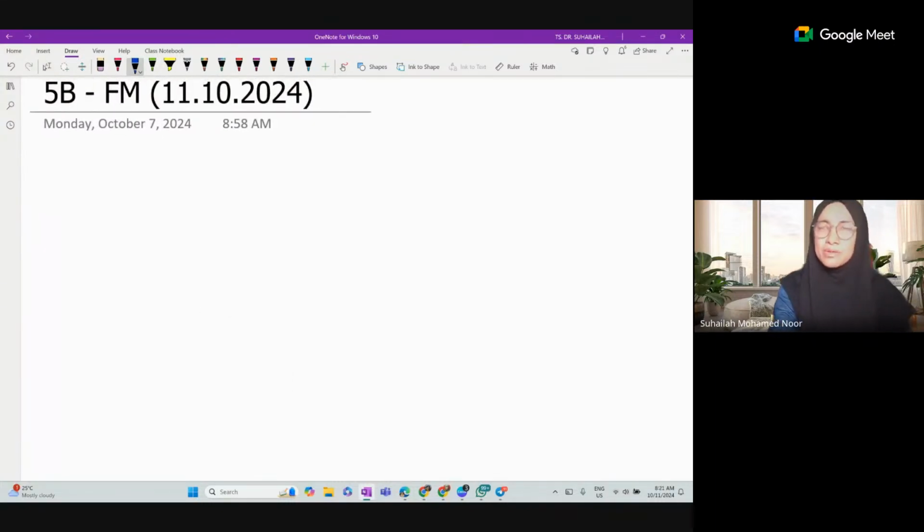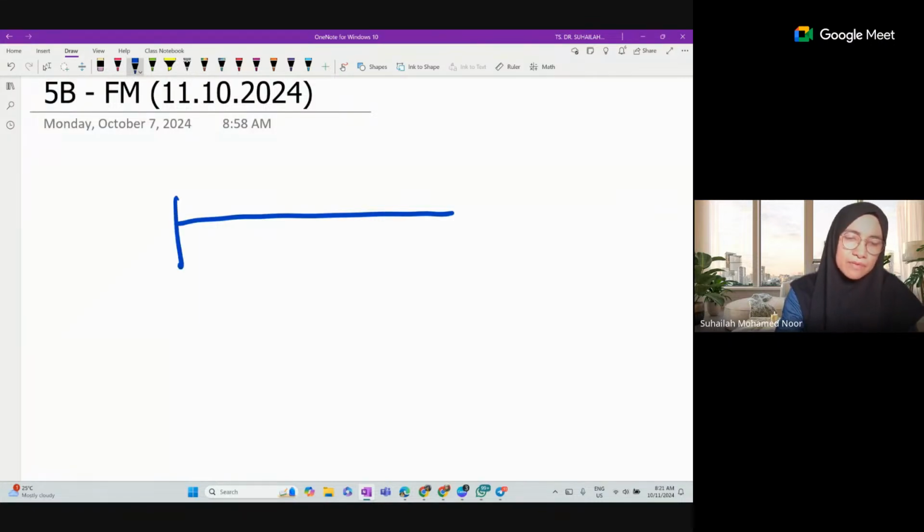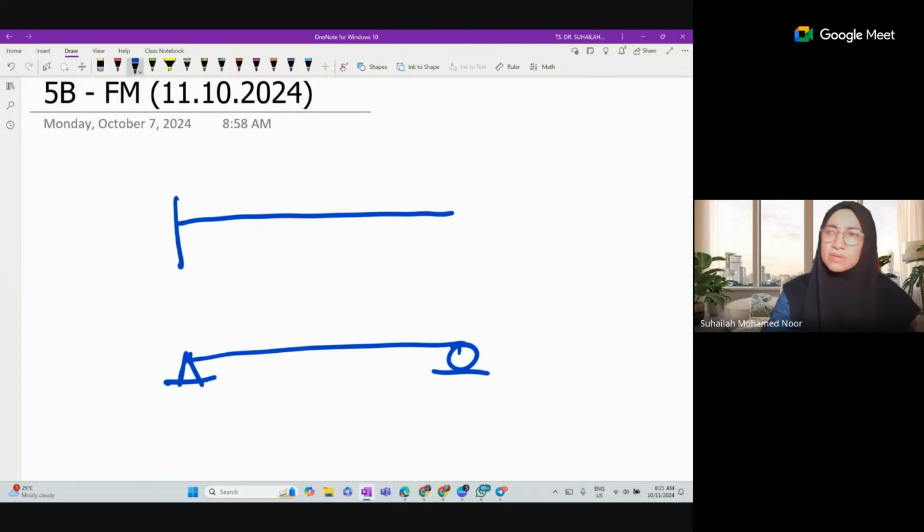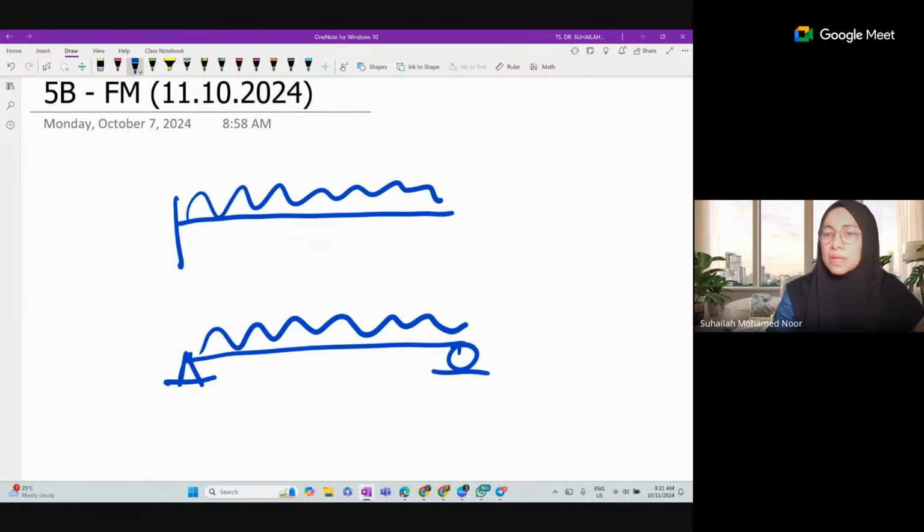What I'm trying to tell you just now is, when we have a determinate structure, we have a cantilever beam and a simply supported beam. These are determinate structures for beams. Let's say loading like this. The first one is a cantilever beam, the second one is a simply supported beam. These two types are the determinate beams that you have learned